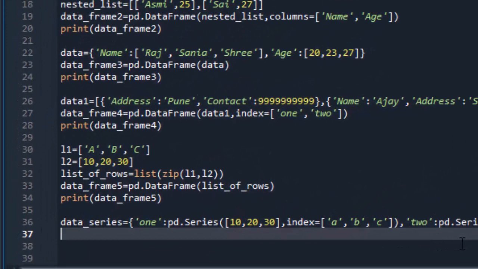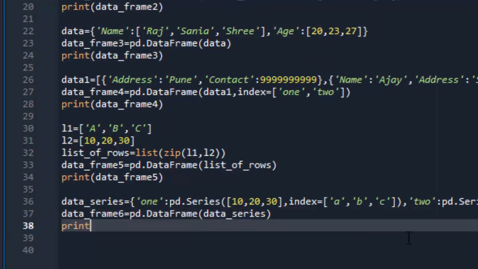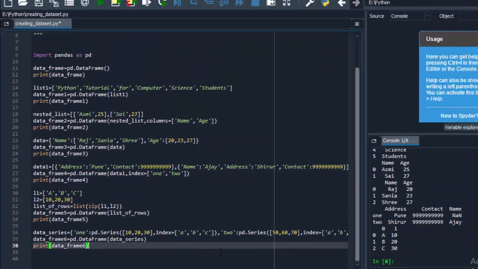Now create the data frame with the help of this variable which is holding the pandas series. So data_frame6 equals pd.DataFrame, and in bracket pass the variable that is data_series. Now just print this data frame by using print, and in bracket pass the variable data_frame6.